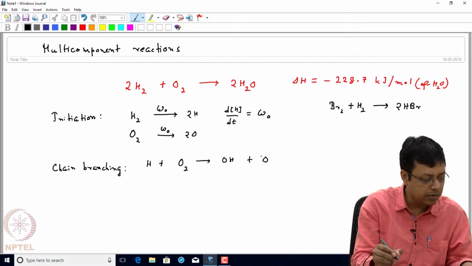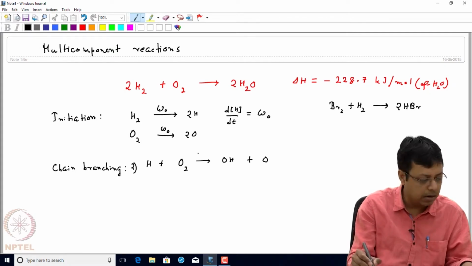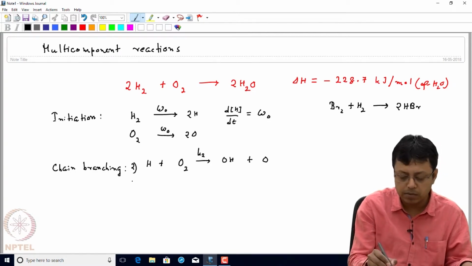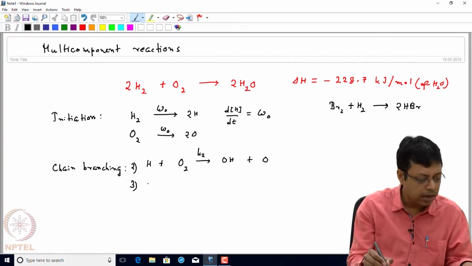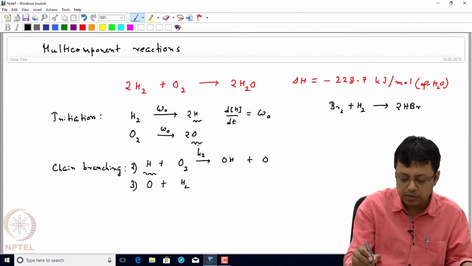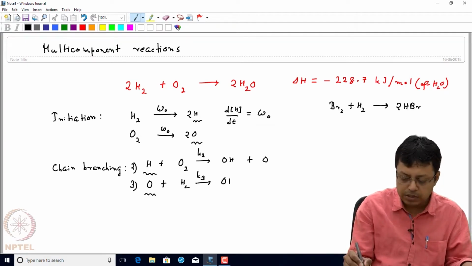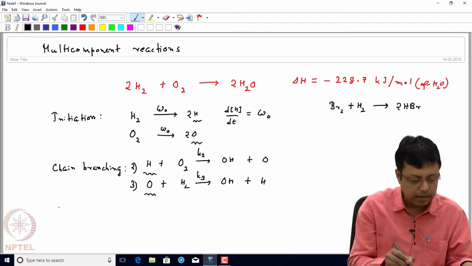Now this reaction we name number 2, and the rate constant, according to the number of the reaction, I am writing as K2. And similarly there is another branching reaction, which is O plus H2, where the radicals formed are reacting with hydrogen and oxygen, and I can call it K3, and we have OH plus H. And then we also have the chain propagation,